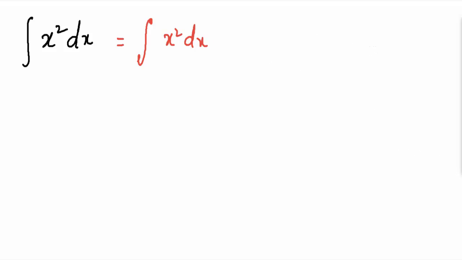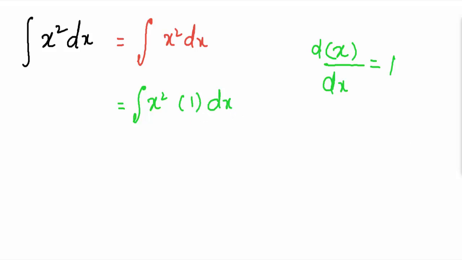Ignore the power of x, it will be x. Just ignore the power. Take the derivative, d over dx. d over dx of this is 1. So see that the derivative of this function after ignoring the power is 1. You can write x square and x. You can see that the derivative of this x is 1, and this is next to the x. After ignoring the power, you just